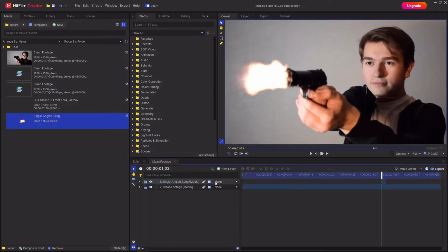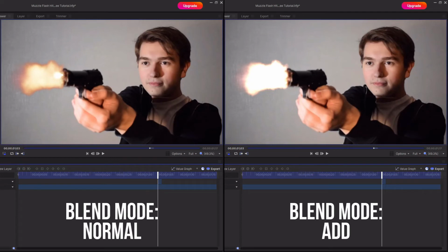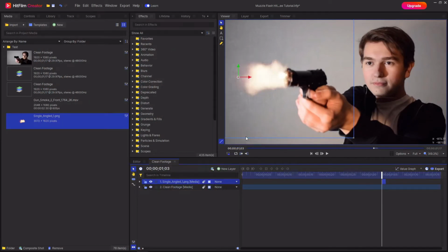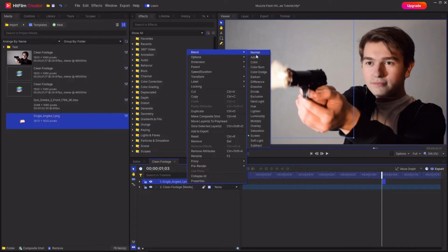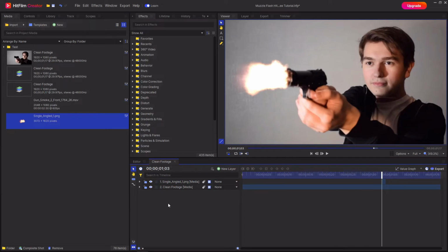This will overblow it a bit and also get rid of that dark halo that was around the outside. Alternatively, you could set it to screen, which will make it slightly more subtle, but I prefer how it looks on add. To add the gun smoke, you basically do the same thing by importing your gun smoke into